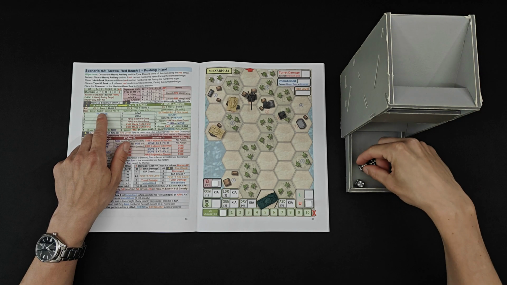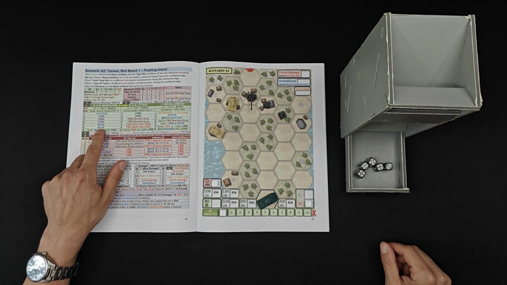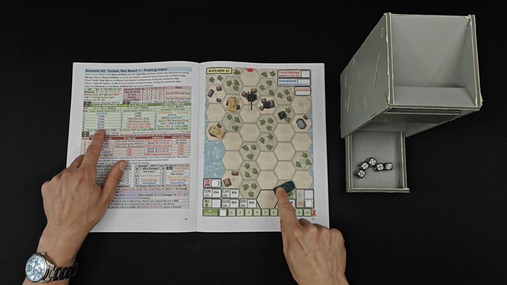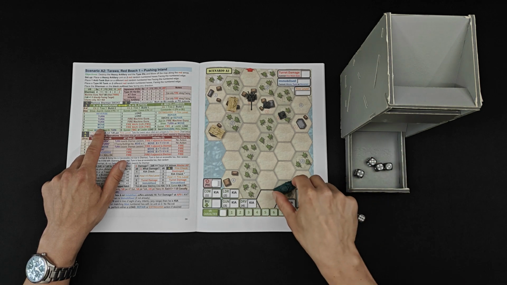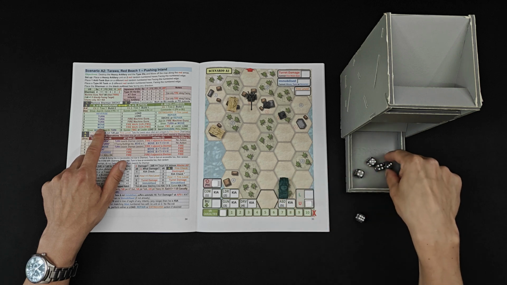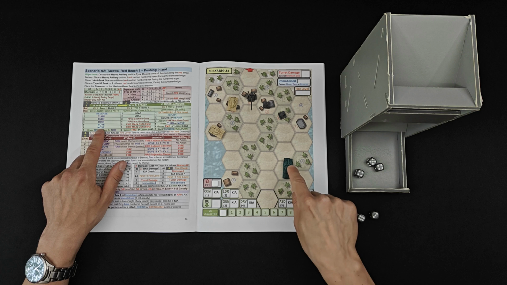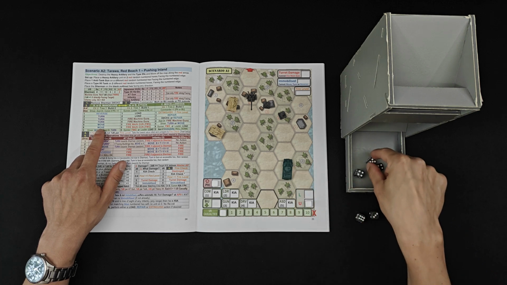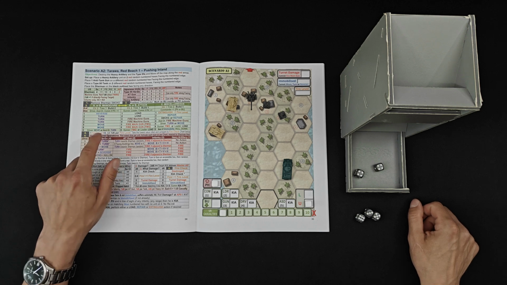Okay, let's see what we got here. Very good roll. We got 5 and 6. We have 2 movements, so we'll move once, and that's going to be the 6, and then we'll turn, and that's going to be the 3, and then we'll move again, which is going to be the 5, and then for the 4 and the 3,